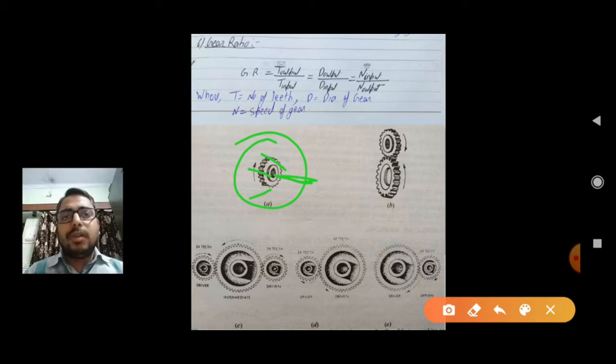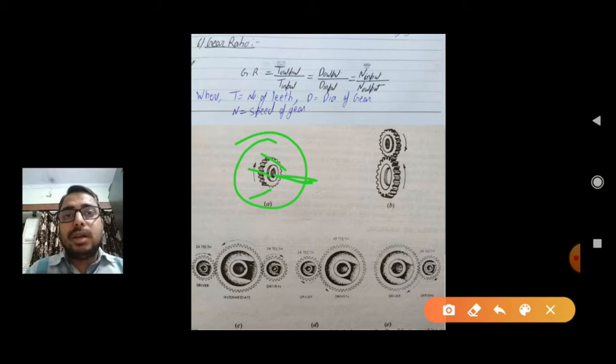Now I will explain the advantages and disadvantages of the spur gear. In our gearbox, the spur gear is used because the power or torque transmission efficiency in this gear is very high, and the sliding meshing of this type of gear is very good. Just because of that, spur gears are used in our different gearboxes.